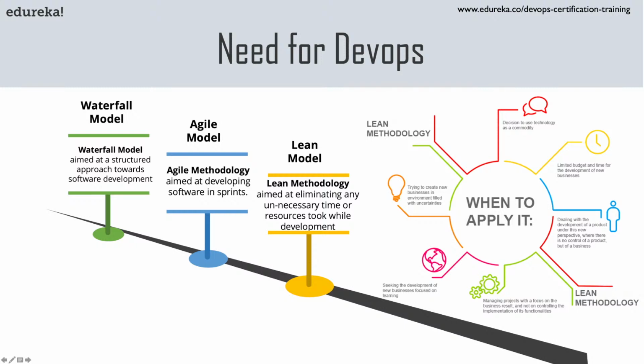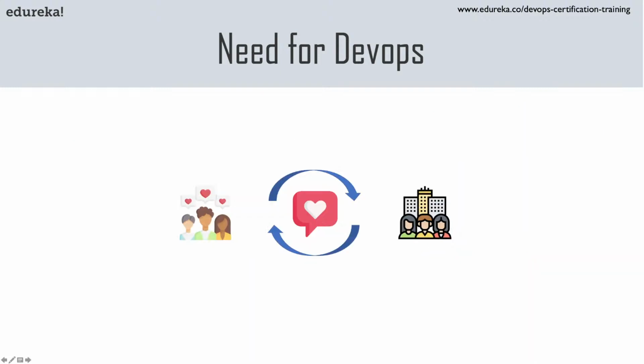Now, why did we do all these things? We did all these things because we wanted to solve the problem between the customer and the company who's developing the software. So earlier, like I said, when they were implementing the waterfall model, the customers used to say that the software that we wanted, you're delivering it after 2 years. And now that you're delivering it after 2 years, if there are any changes that we want in our requirements, that also you're not ready to incorporate, right? So these were the kind of complaints which came from customers, and that was solved using agile methodology.